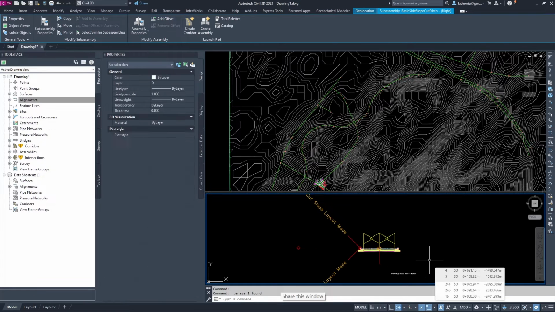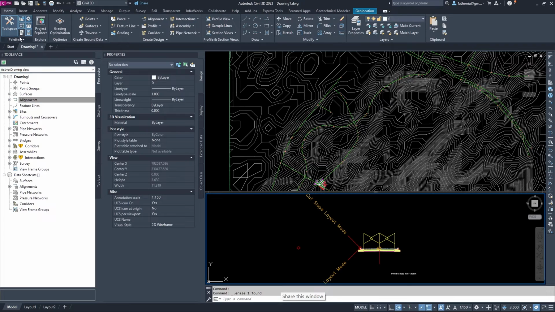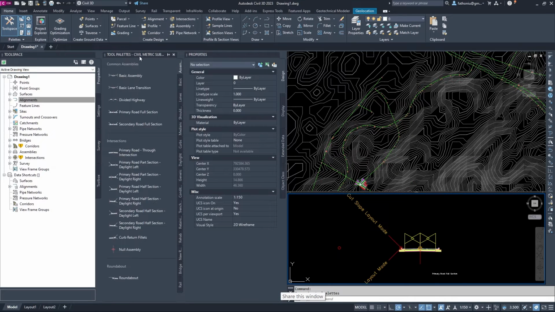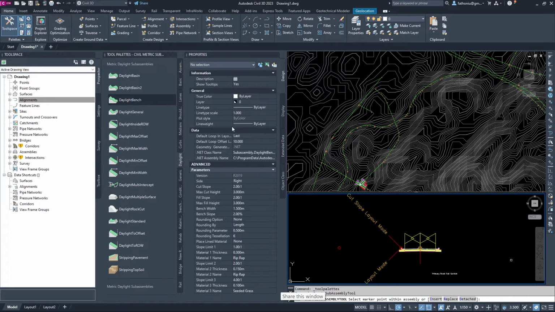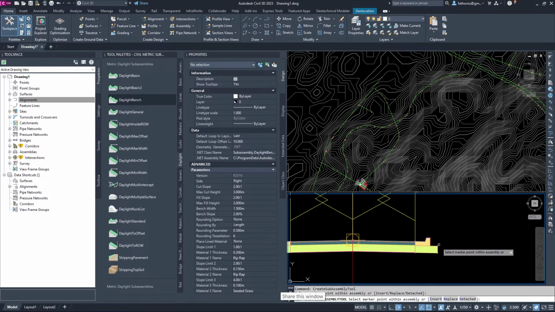Then after that we go to the palette, select the daylight here. We select the daylight bench, so we can utilize that on the other side. So daylight bench and daylight bench. Then we place this at this point.